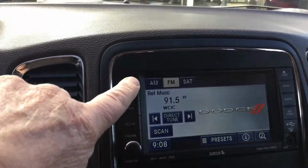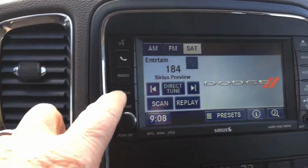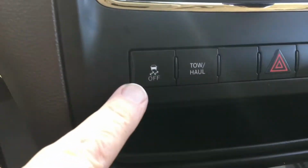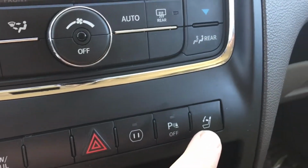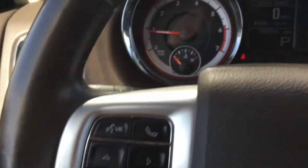Radio system. Got AM, FM, satellite radio on it. That's subscription based. Media controls. Individual temp controls. Trash control, 110 volts, park assist, that's the rear headrest. Got cruise control, Bluetooth for the phone,